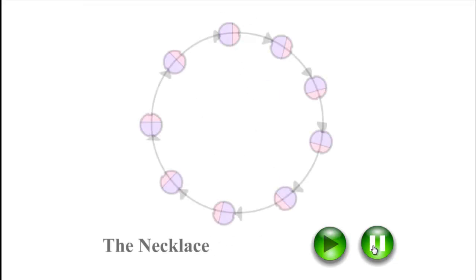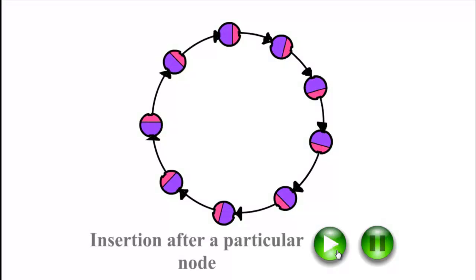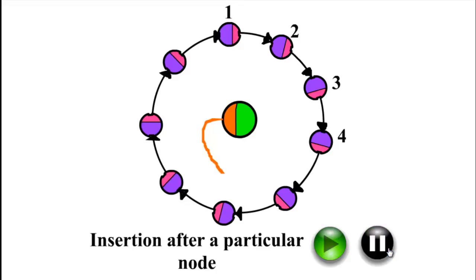So after entering all the beads in the necklace, our final necklace looks like this. Now if you would like to wear a pendant in a necklace, then you have to insert it at a particular position. Now let's say you want to insert the pendant after the fifth bead. As you can see here, the beads are bead 1, 2, 3, 4, 5.